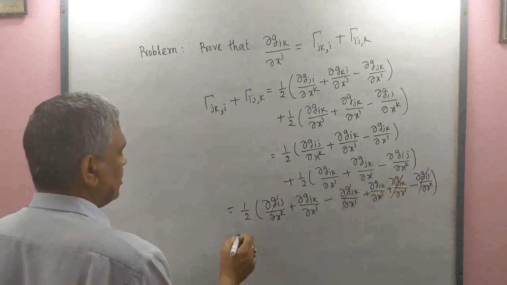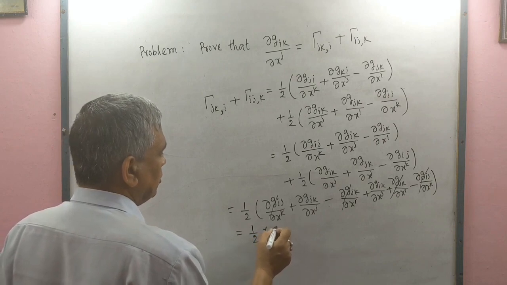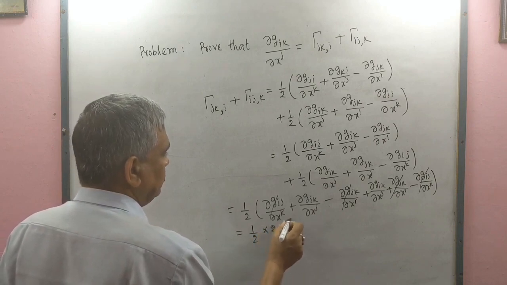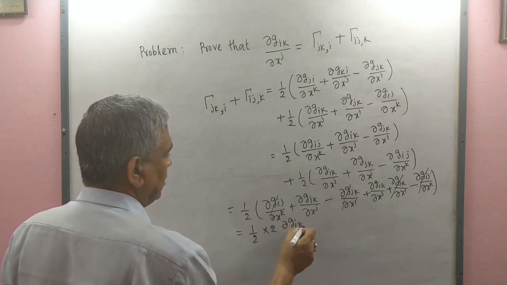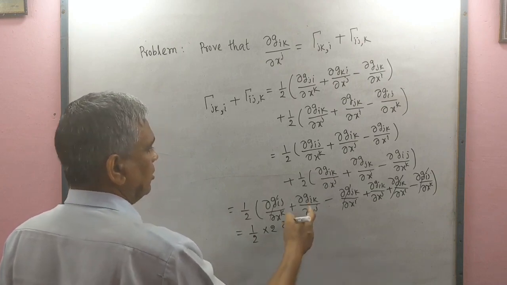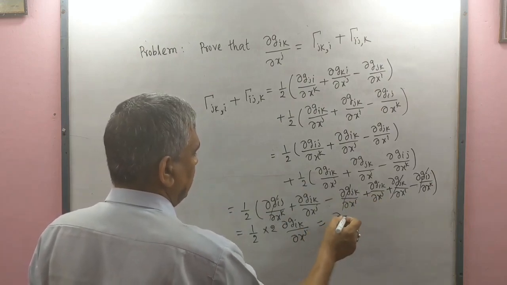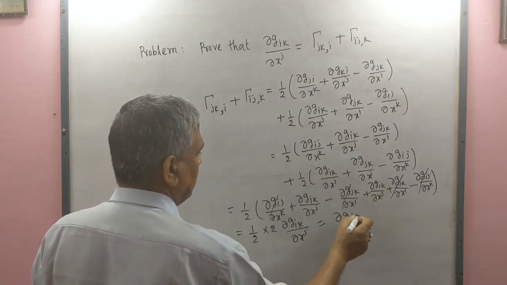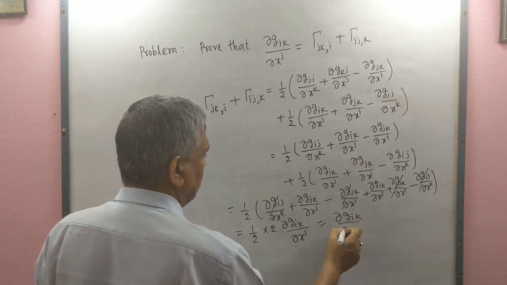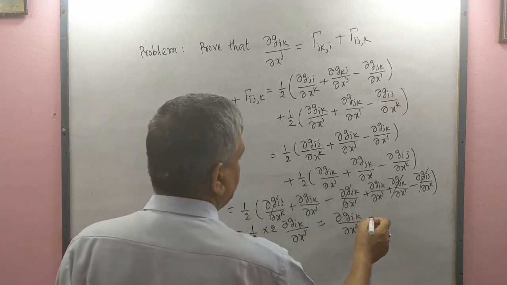So this remains half into 2 del G ik by del xj. This and this equal to del G ik by del xj. So this is equal to the left side,